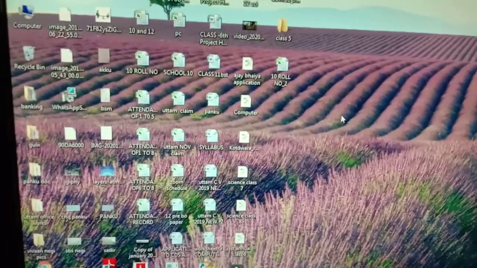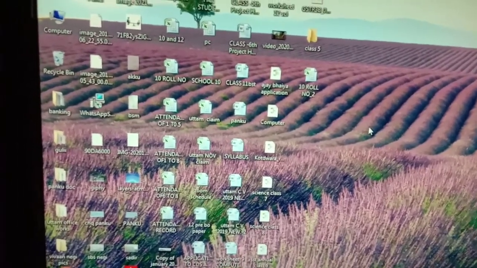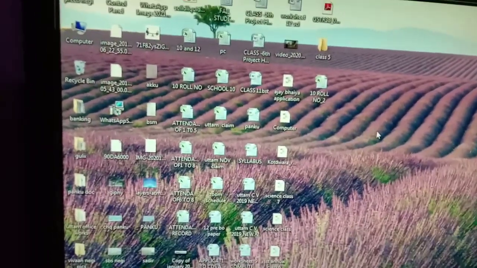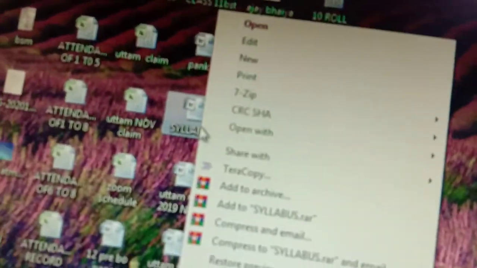One more thing I want to explain: how to copy a file from your desktop or from any drive to your pen drive. For example, I want to copy this file, the syllabus. I will right click on it. Beta, you should know right click and left click. This is your mouse, this is your right click and this is your left click.